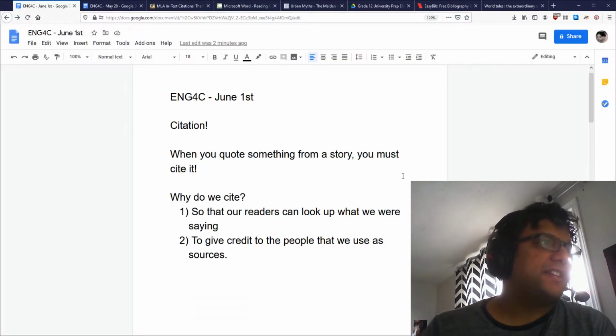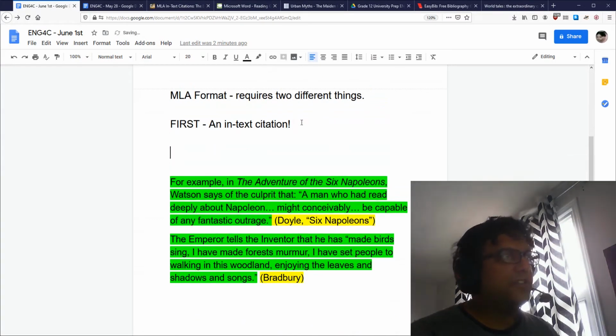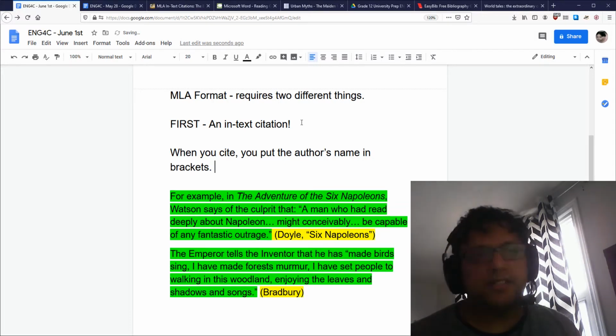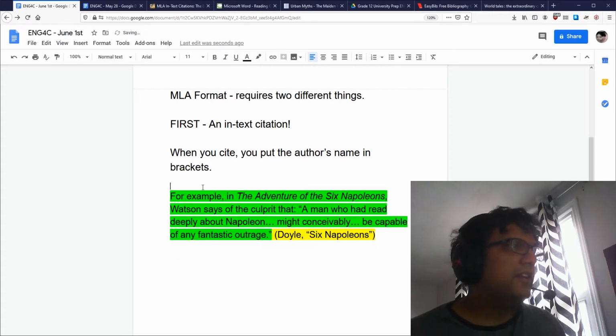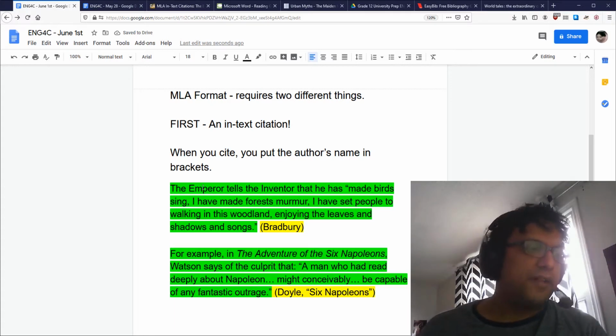But the basics of it are, when you cite, you put the author's name in brackets, right? So that's the first thing you do, just like I did here, let me put Bradbury up top. With Bradbury, I put the author's name in brackets.